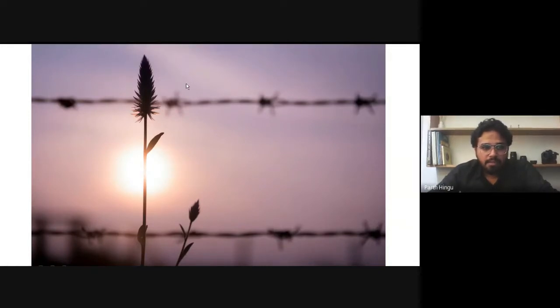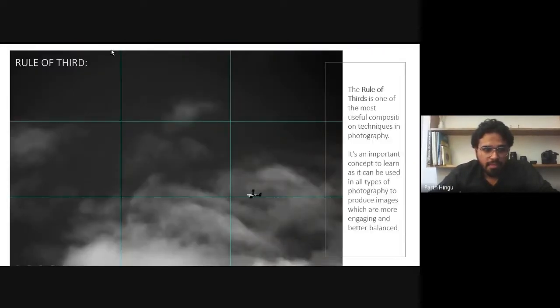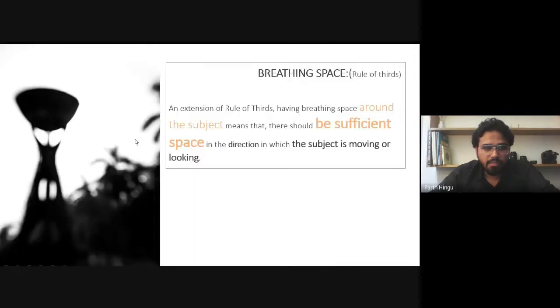You can see this line. I composed it like, if there is a line, you can use this line. If there is a landscape, you can adjust the land on this line. I will show in some of the photographs. So this is the breathing space in an image, so you can get a good composition in each type of photo.